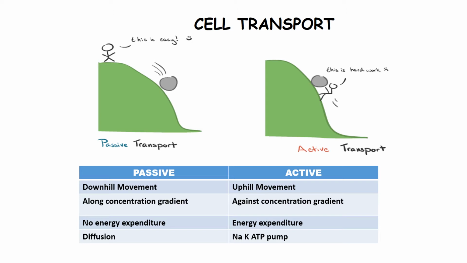It occurs against the concentration gradient, and because it is moving against the concentration gradient, it requires the breakdown of high energy compounds, mainly ATP. Examples are the sodium potassium ATPase or calcium ATPase, which cause the breakdown of ATP into ADP for the movement. For passive transport, it occurs along the concentration gradient, and examples are simple diffusion and facilitated diffusion. So we basically have two mechanisms, the passive transport and the active transport.